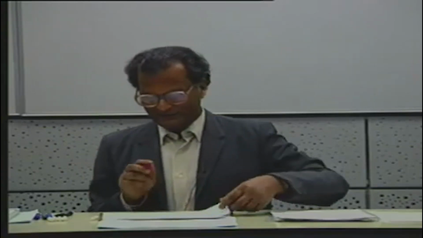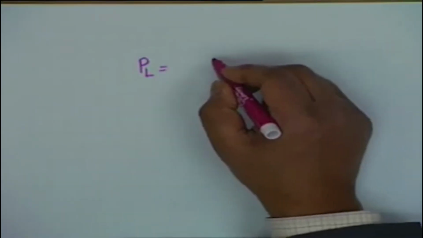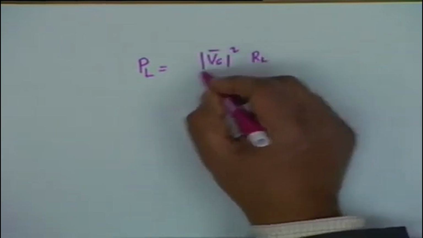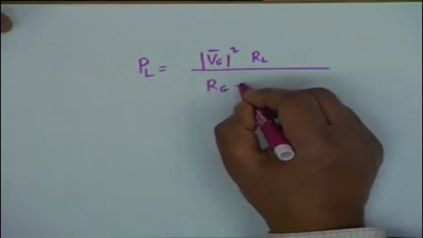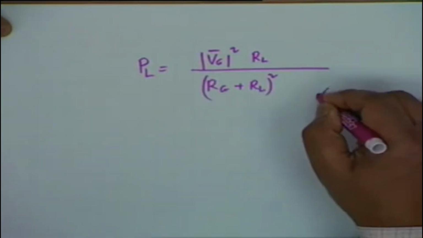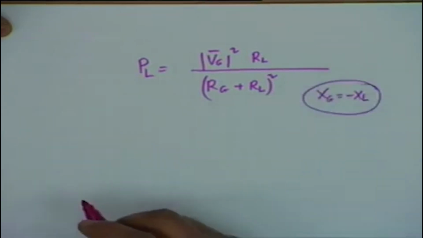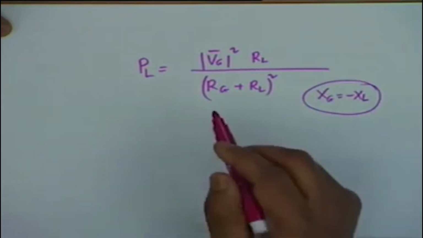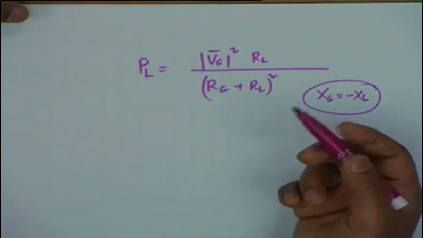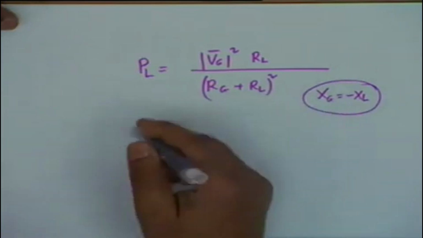All right, we have the intermediate expression, which is Vg squared RL divided by (Rg plus RL) whole squared. This has been obtained under the condition that Xg equals minus XL. Now, how do I maximize with respect to RL? I can again differentiate and put the result equal to 0, but a shortcut is this,